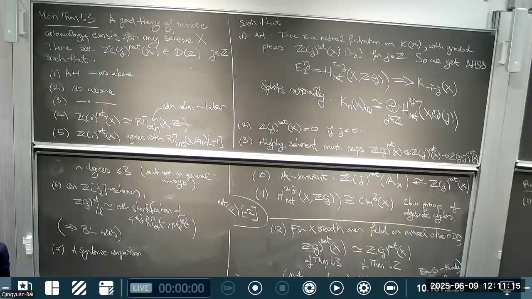Do you also get transfer maps along finite maps, like finite flat maps? In principle, not in that way, but in principle, once you stick the construction into this machinery of non-A1 invariant motivic spectra by Annala and Iwasa, it should produce transfer maps in certain cases for finite flat maps. I'm done.